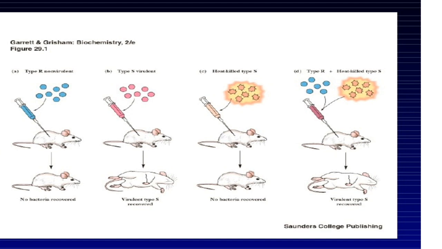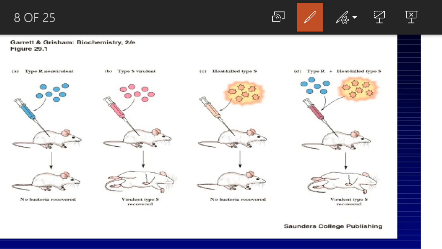Now the experiment which was conducted by Griffith. First of all, he took the R strain and injected it into the mice, and the mice still survived. Oh, it was alive. Why? Because the immune system of the mice was active and it killed the R strain bacteria because it didn't have any polysaccharide covering around it. Now in the second case, when the S strain was injected, the mice died.